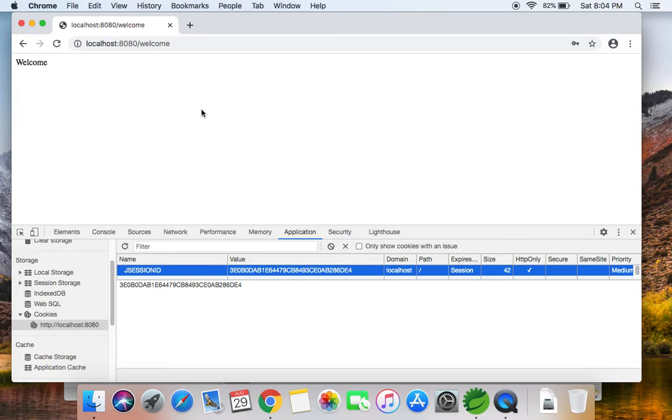Now this is a very basic way. If you want to have more information, there is something called JWT. Usually in the practical world, most of the time JWT is used. It's a token basically, just like this cookie. It will be sent back to the server, and it will be validated. Now what it is and how it works, I'm going to cover in the next video.